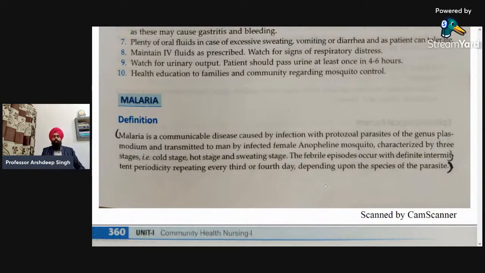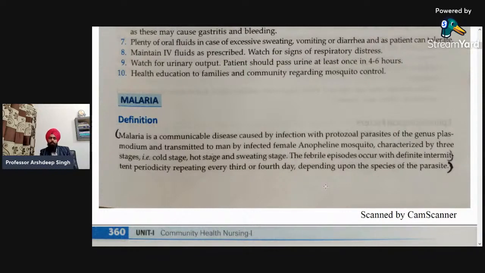Malaria is one of the major diseases of the country, and it is also present in various countries of the world. And there are lakhs of cases found each year in different countries. In India, where the health system is not strengthened in its own way, I would say, this disease is causing severe problems to the population in matters related to health. Due to this reason, this is one of the major health problems of India. So first of all, let's start with the definition.